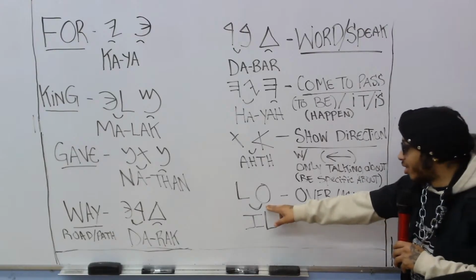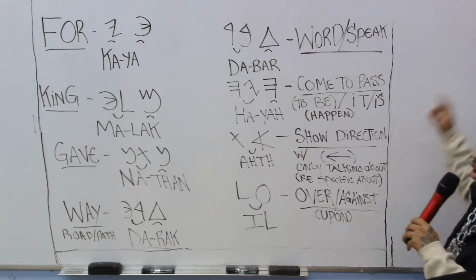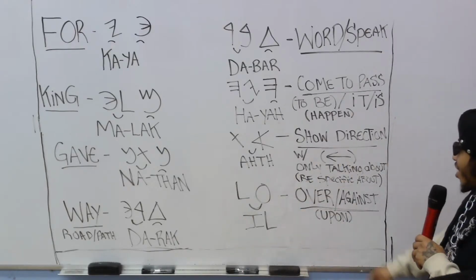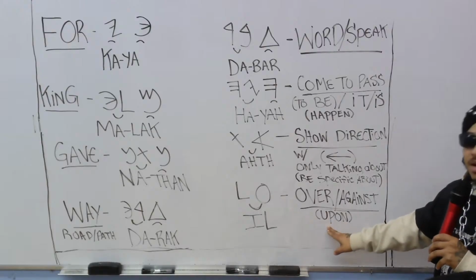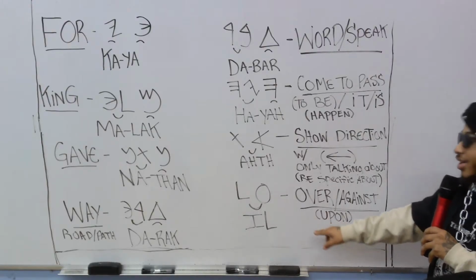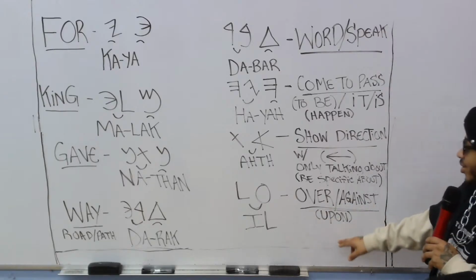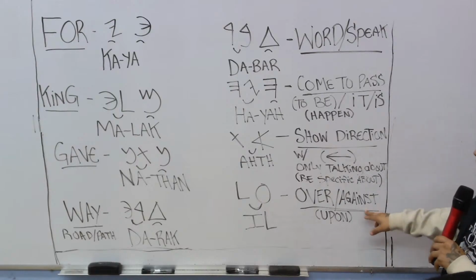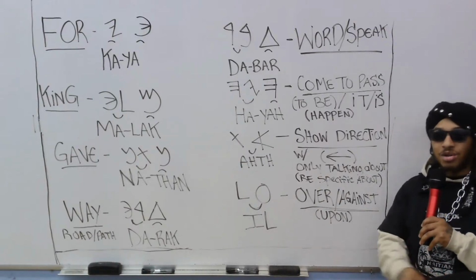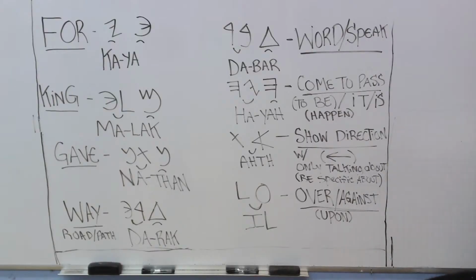This word aisle is used as over or against, like you threw the ball against the wall. Over or against is also used as upon. How Benjamin, they say upon them, right? It's used as upon this day. So that's the word aisle. It's used as over, upon, or against. You leaning against the car, you leaning against the wall. That's what it's used as. All right, so let me come over to the other side.